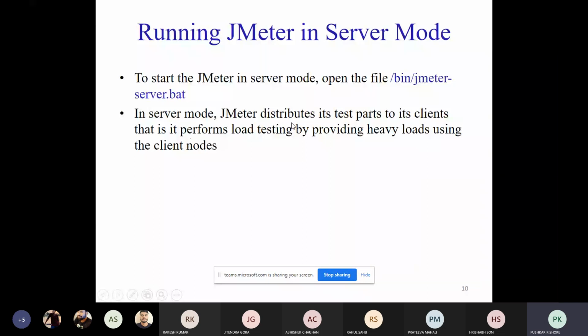So how do you run a basic test script? You can click on add, then threads, then you can create a thread group. After the creation of the thread group, we have to click on sampler, add sampler, HTTP request. This type of request depends upon the type of server which is running. If it is a basic server,